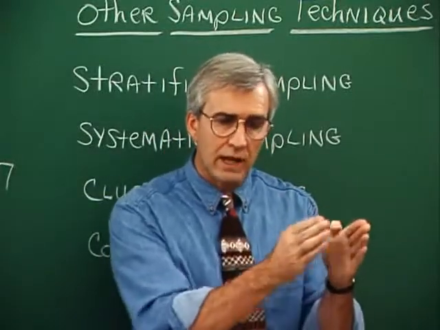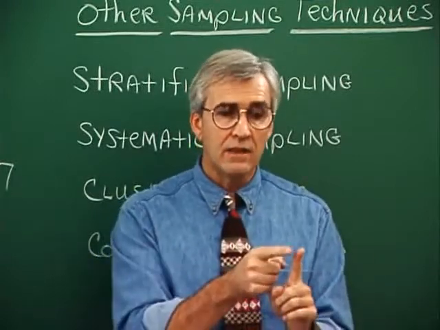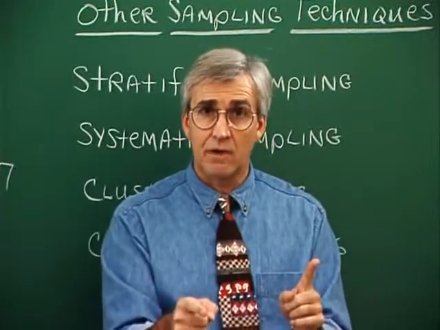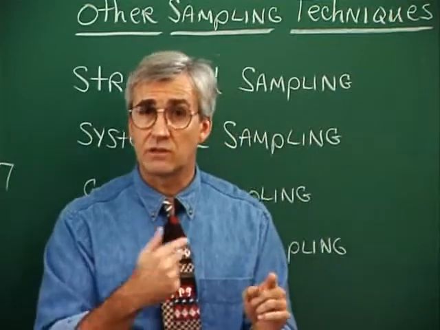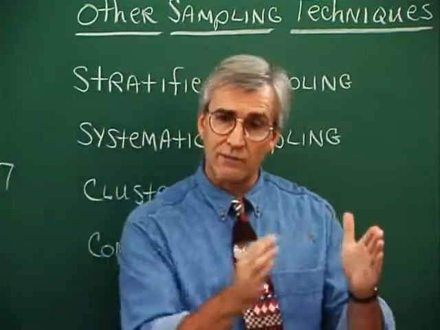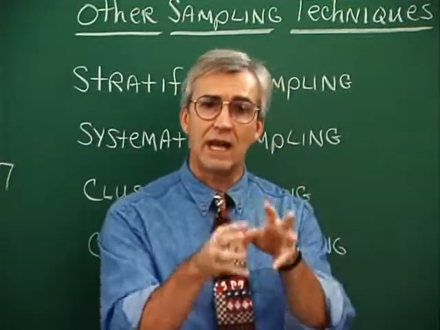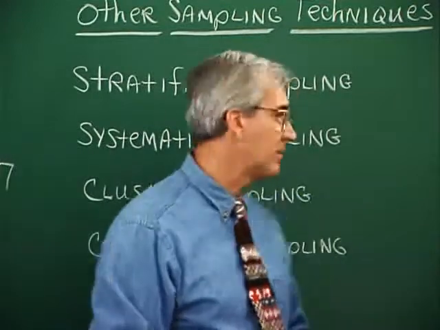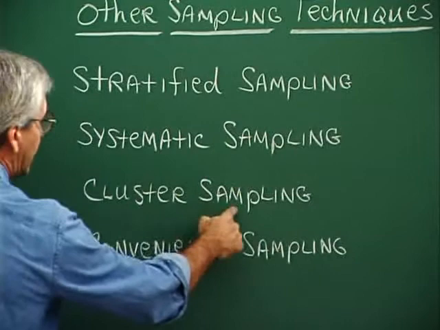You see, any one of those first 5 people as item number 1. And then the next item would be just count off 5, and that would be the next one. Count off another 5, that would be the next one. You see, that's what this systematic idea says. But we have to start with an order relationship to begin with, and then we take every 5th or every 8th or every 10th item until we get to the end of our sample, or the end of our sample size.